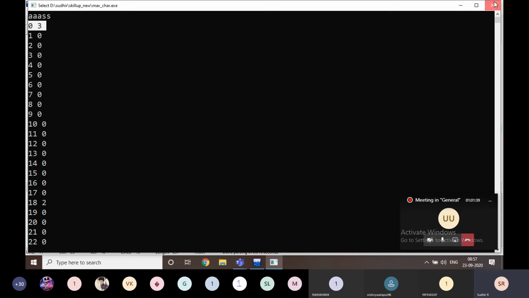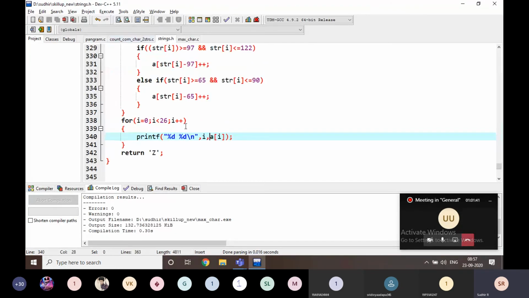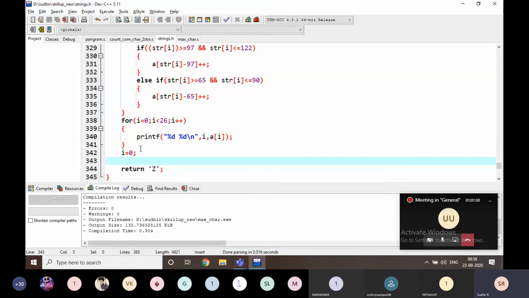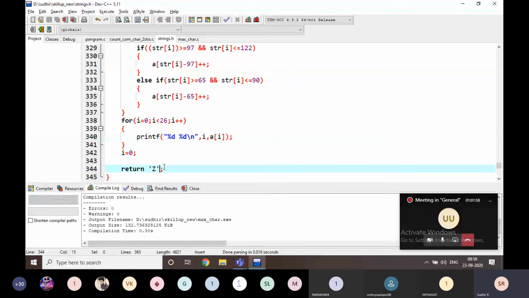For example, instead of Z, I is going to be some 0. What I am going to return here? 0 plus 65.